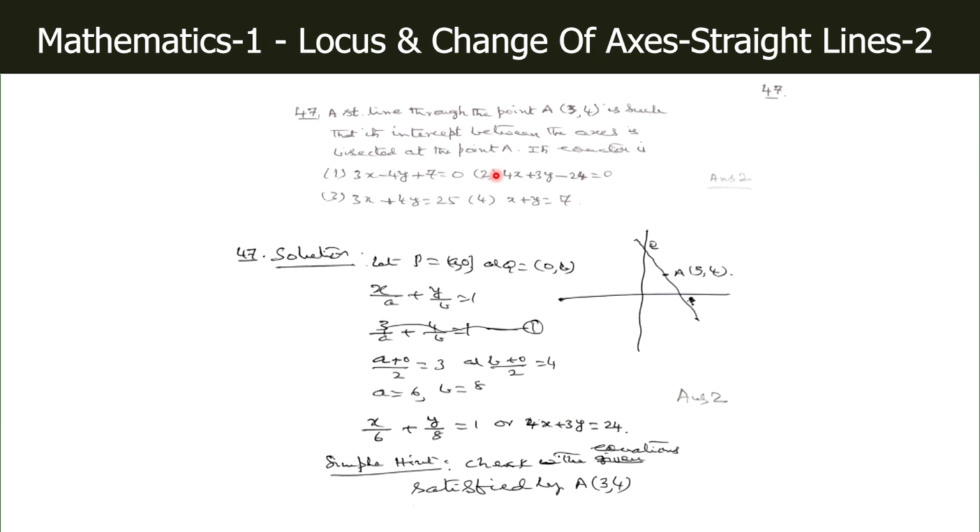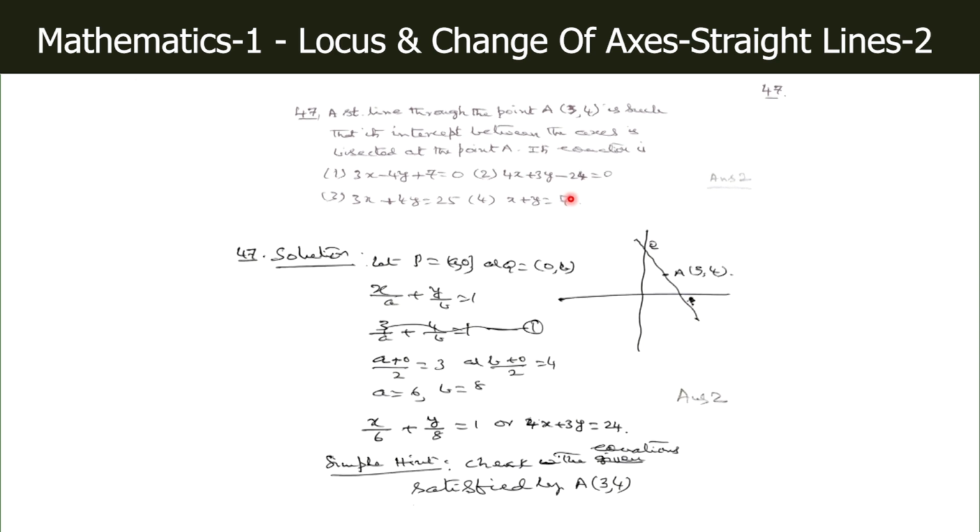Next, a straight line through the point A (3, 4) is such that its intercept between the axes is bisected at the point A. Its equation is: 1, 3x minus 4y plus 7 equal to 0; 2, 4x plus 3y minus 24 equal to 0; 3, 3x plus 4y plus 25 equal to 0; and 4, x plus y is equal to 7. Now you can take that